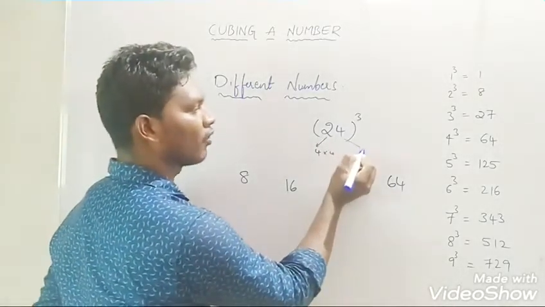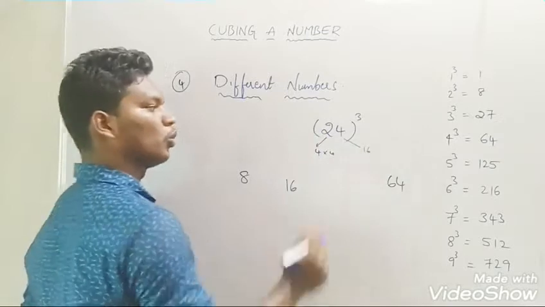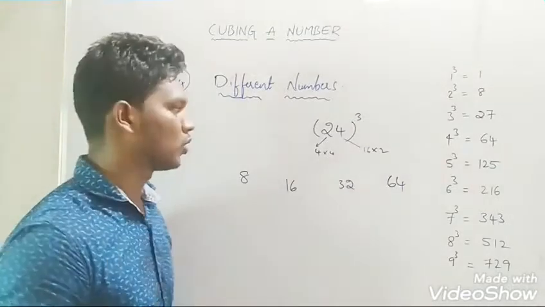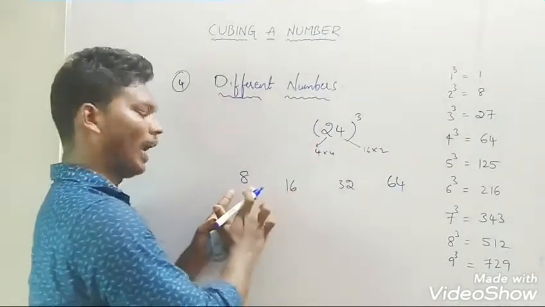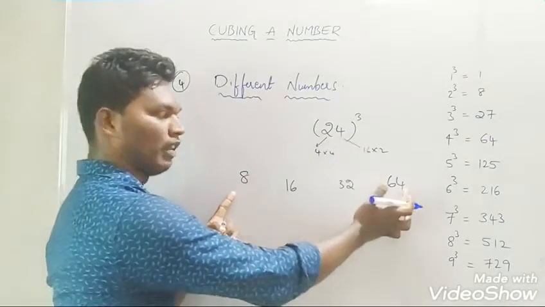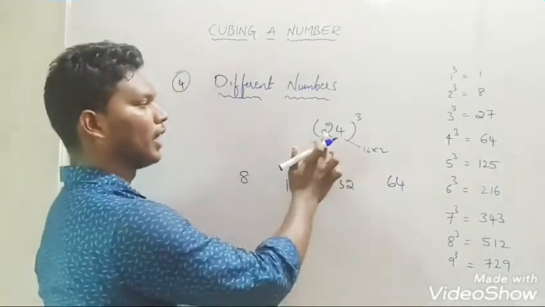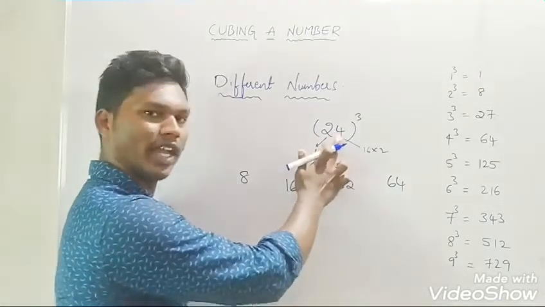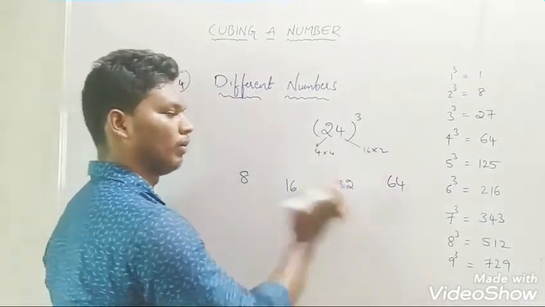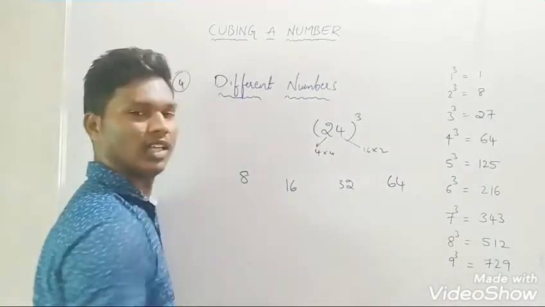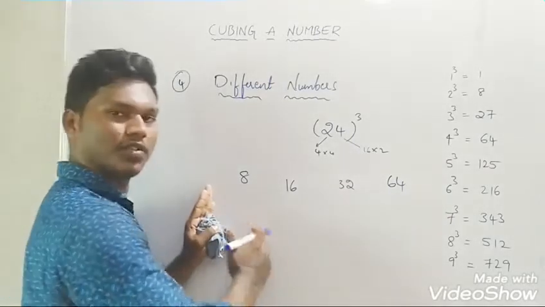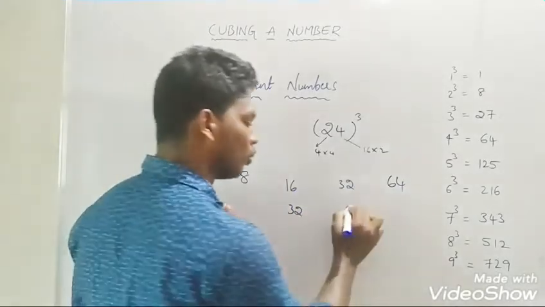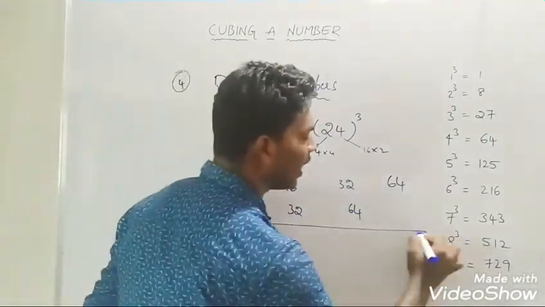And here 4 square will be 16, 16 into 2 will be 32. Okay friends, hope you understood. First cube the 2 and write here, and 4 cube will be 64. And 2 square 4, 4 into 4 will be 16, and 4 square will be 16, 16 into 2 will be 32. Once you have done this, the remaining step you already know. Leave the first one and the last one, double the 16 will be 32, double the 32 will be 64, and go through the additions.